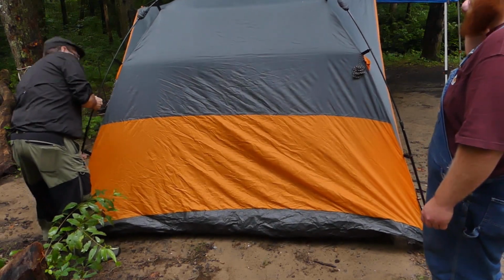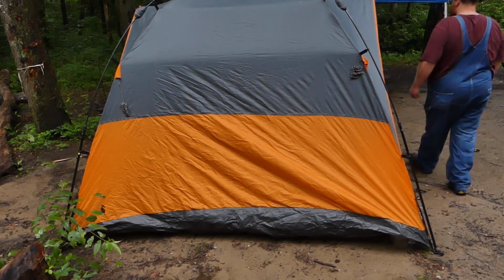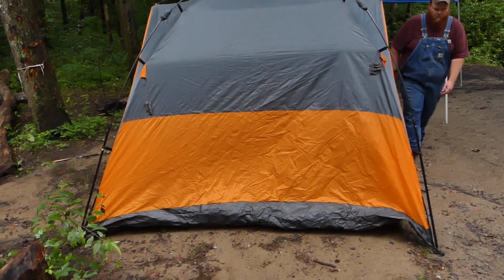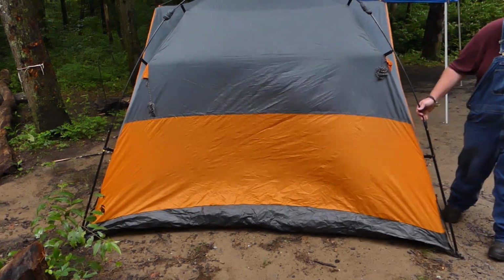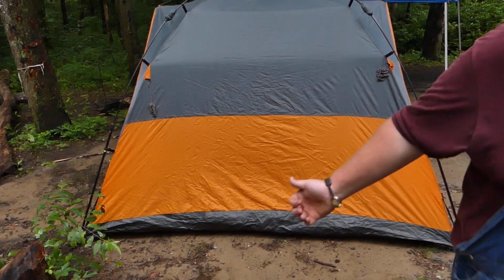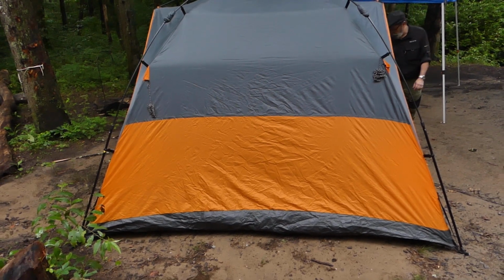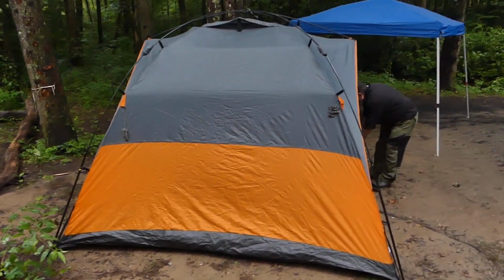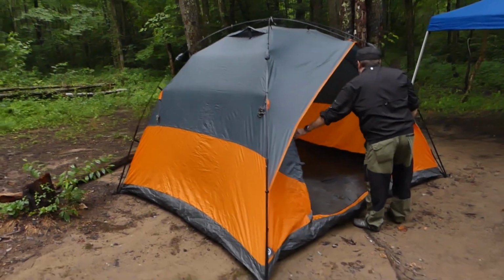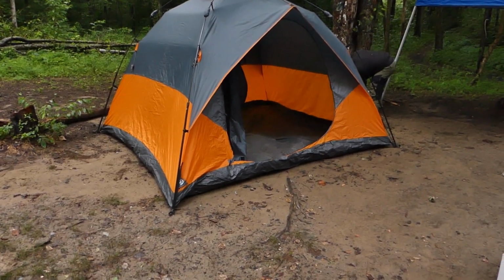I need to lubricate these poles. And that's why I like this tent. That's how easy it is to pop it up. It takes, realistically, like 2 minutes to pop it up. It's never leaked on me. I've been in some pretty bad...